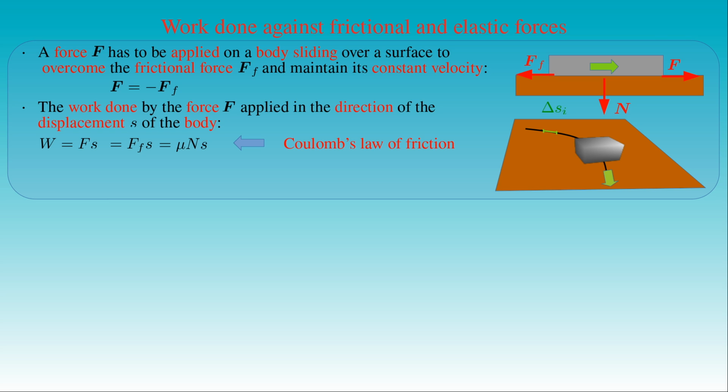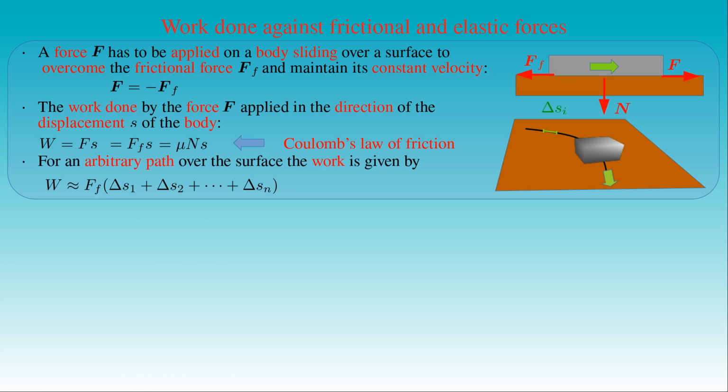Therefore, the frictional work done along the curve can be approximated by the magnitude of the frictional force F sub f times the sum of the series of the displacements delta s_i. If we refine the series of the displacements approximating the curve such that the lengths of each displacement delta s_i tend to 0 while the number n of the displacements tends to infinity, then we obtain the arc length s measured along the curve. As a result, the work W done against the frictional force is equal to the magnitude